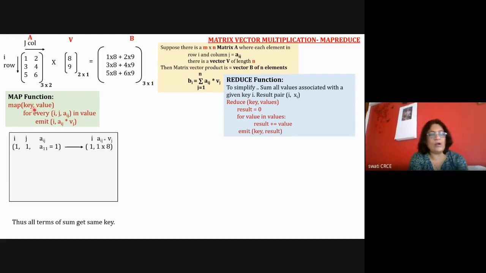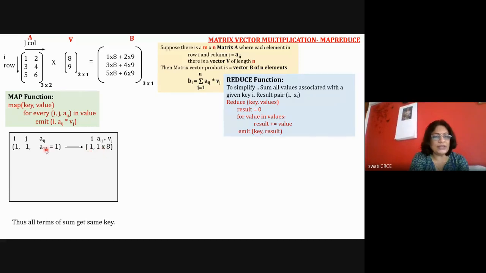Suppose it is receiving multiple values; then for every i comma j comma Aij in the values, it will emit this particular output. The output of the mapper is an intermediate key-value pair: this is an intermediate key and this is a value.